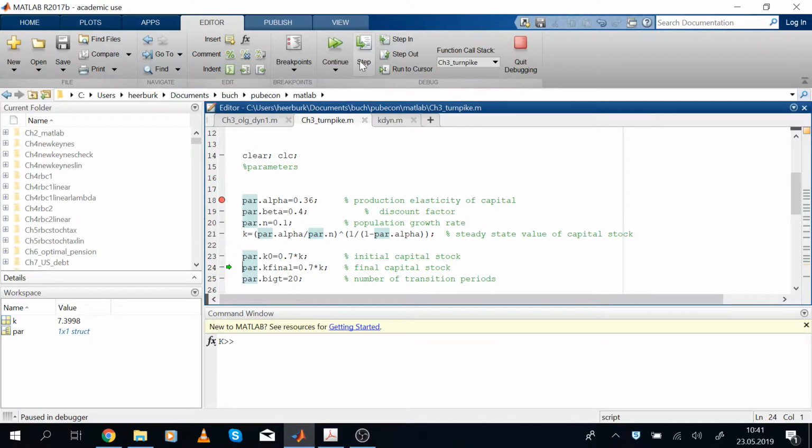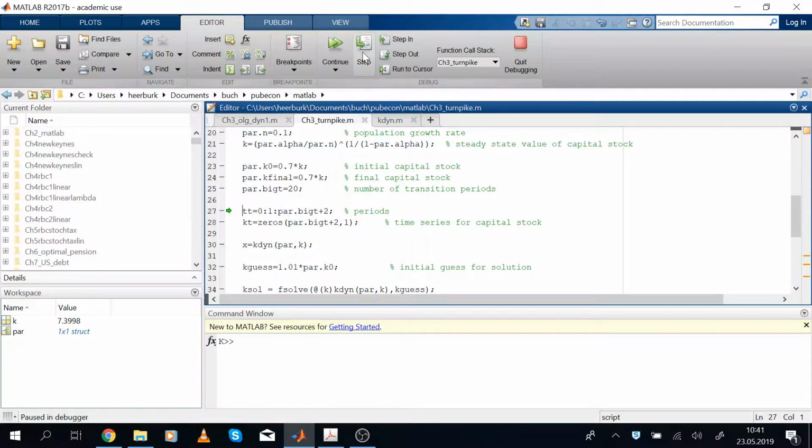In the next step, we set the initial and the final values of the capital stock in period 0 and in period 21, and we set the number of transition periods to 20, so this is the number of unknown capital stocks. We initialize the periods from 0 to 21. We initialize the vector of the capital stock with 22 zeros. And now we look at our nonlinear equation K-dyn and analyze its behavior. For this, please use the arrow step in so that we can compute this procedure,